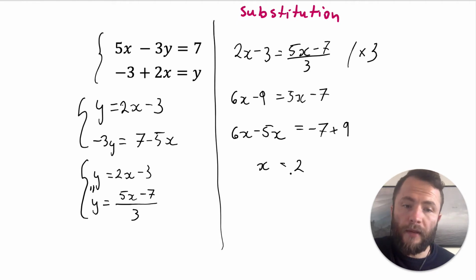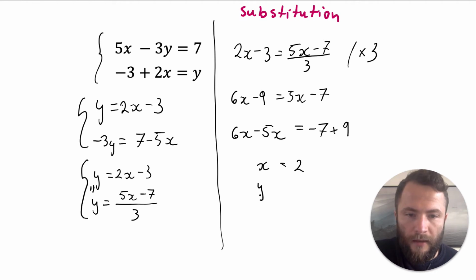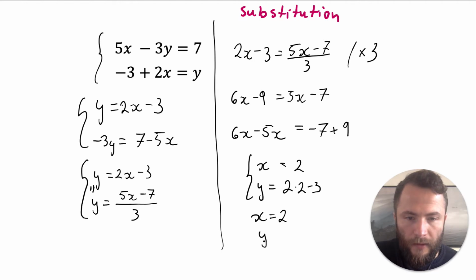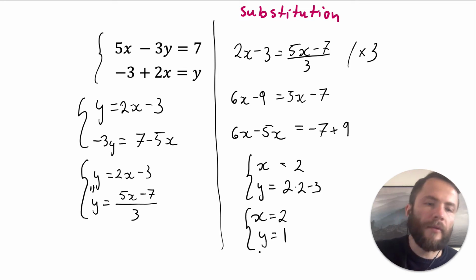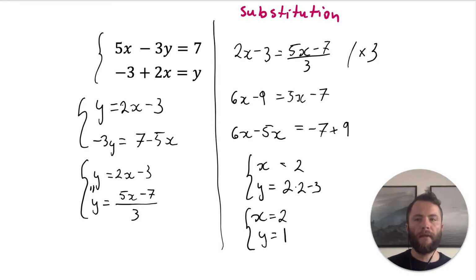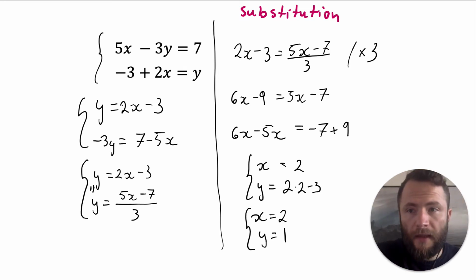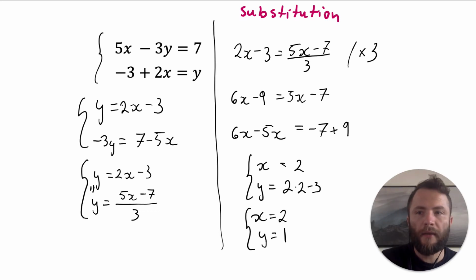And then I can put that x back into my original equation, where I get that y equals 2 times 2 minus 3. So then x will be equal to 2 and y will be equal to 1. I got the same solution using two of the methods. So this is the kind of way that we would deal with those equations, and I would like you to